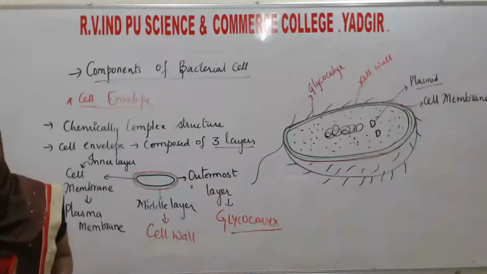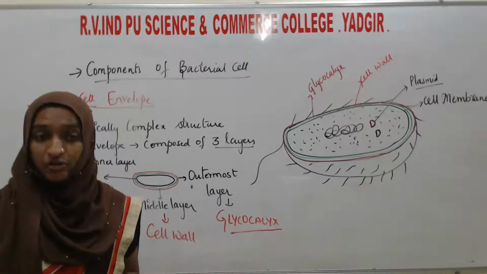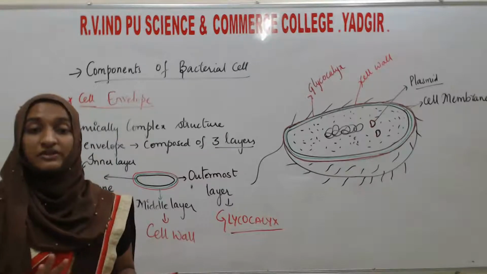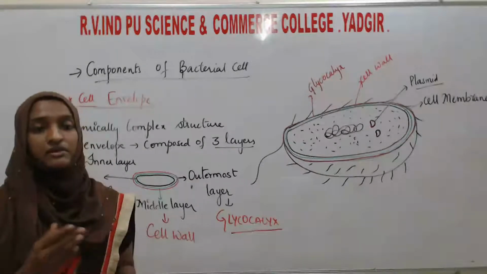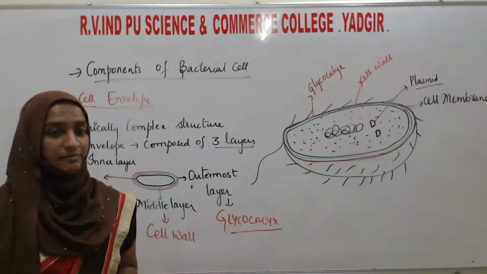Okay, the next, whatever the plasma membrane in the prokaryotes is, that is similar to the eukaryotes. There is a plasma membrane of prokaryotes and a plasma membrane of eukaryotes. The next, except that,